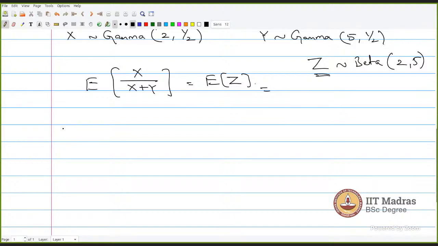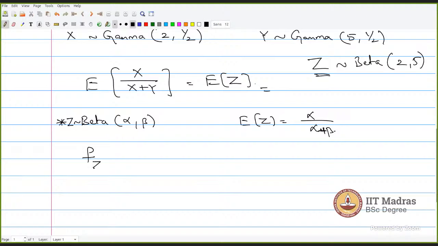You are not able to understand this. So if you have beta with two parameters, alpha comma beta, you are not getting this expected value. So if the random variable has expected value alpha by alpha plus beta, how is this true is your question, right? Yes, correct. You can get this from the same thing we follow.